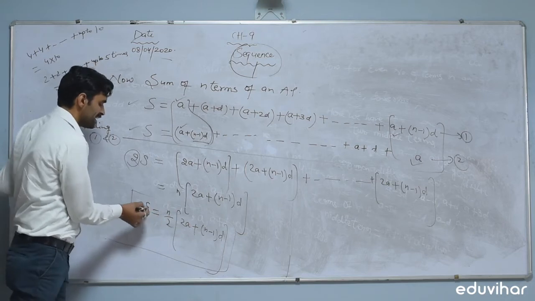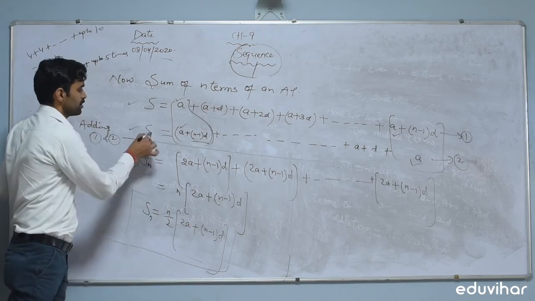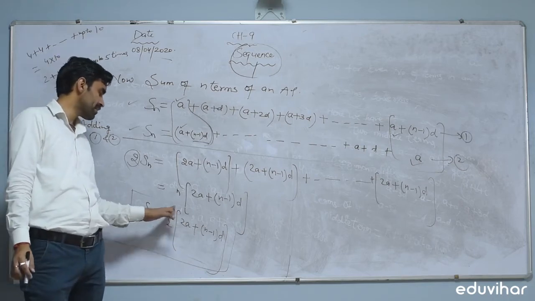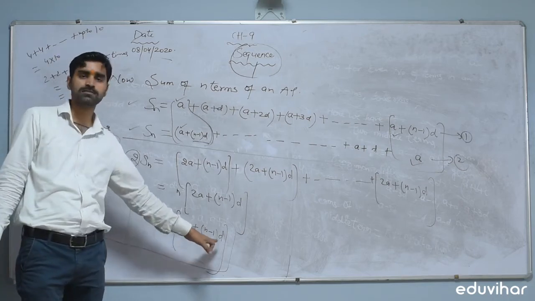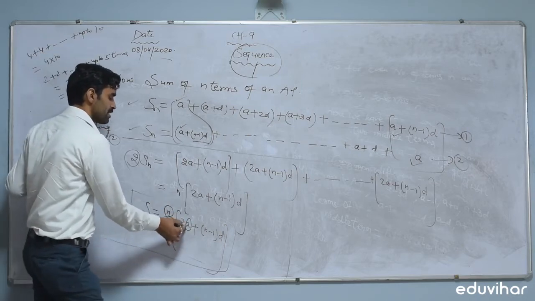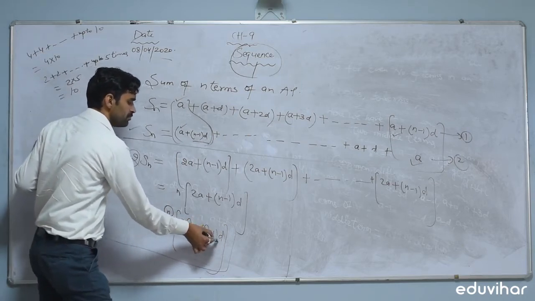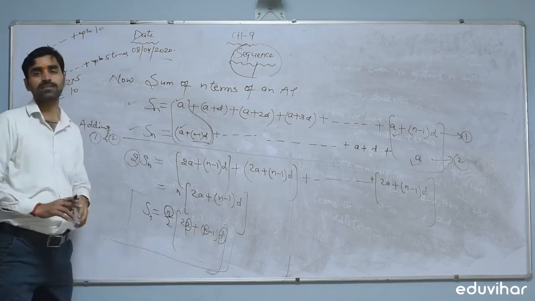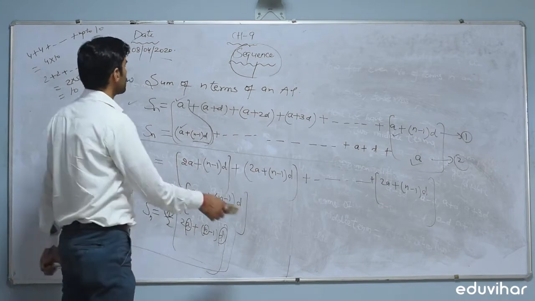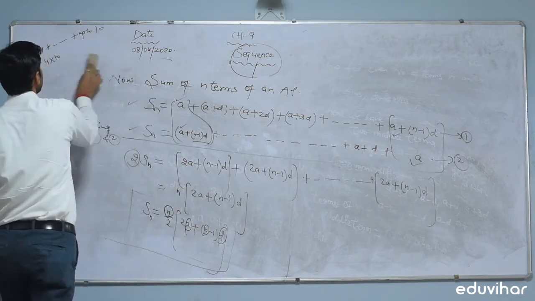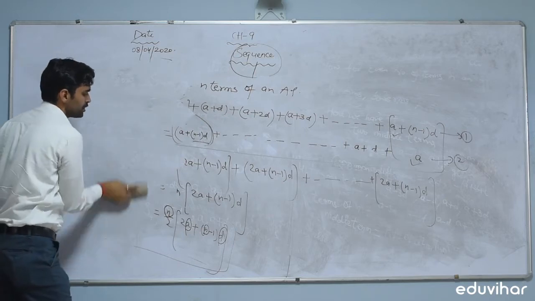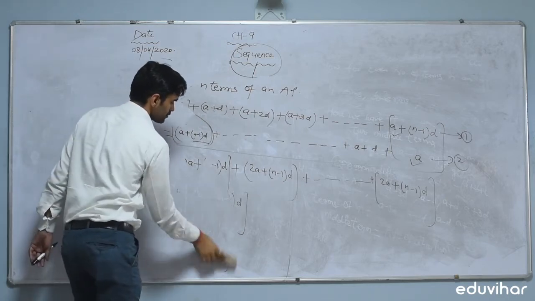You can write down it as S for Sn. That is the sum of n terms: n by 2 times (2A plus (n minus 1) into D). Here n is the number of given terms, A is the first term, and D is the common difference of the given AP. So whenever we are given a number of terms which are to be added, then by using arithmetic progression or geometrical progression, or whichever sequence is given to us, we can add them.